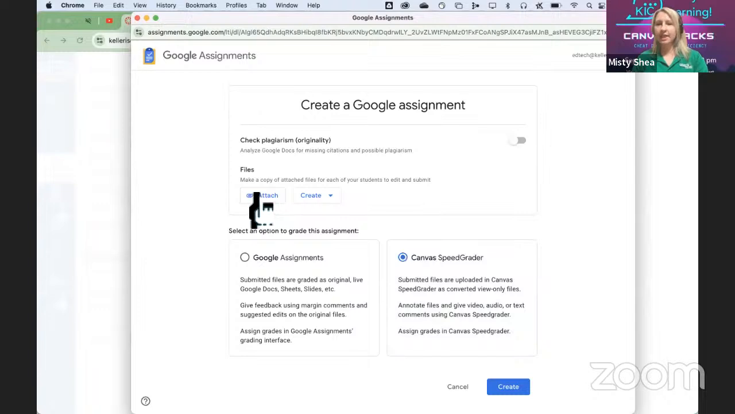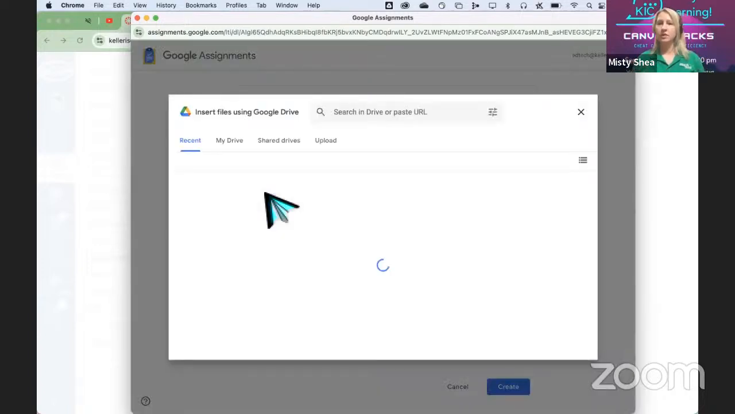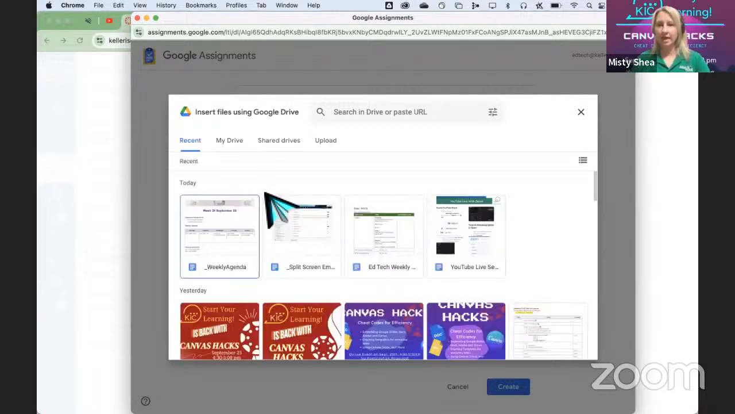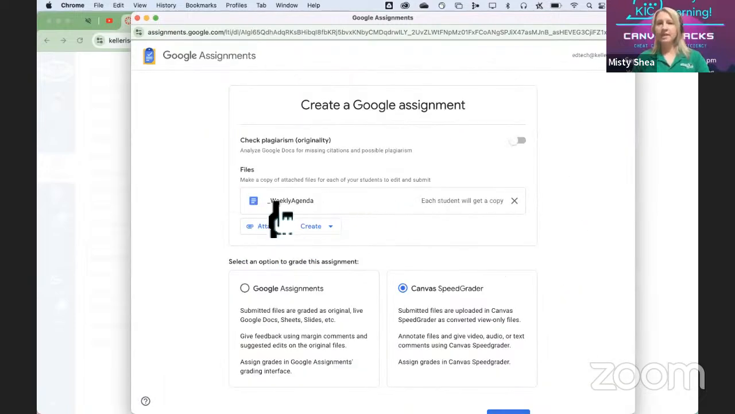So attaching is where I've made an exemplar for the students that I wanted to make a copy of. If you click create, it's going to just make them a blank doc, slide, sheet, etc. So I like to attach something I've already made because I have the example. I want them to use my example. Maybe you formatted it, did something. So I'm going to be lazy and just put in my agenda there. And so you see it added that doc,